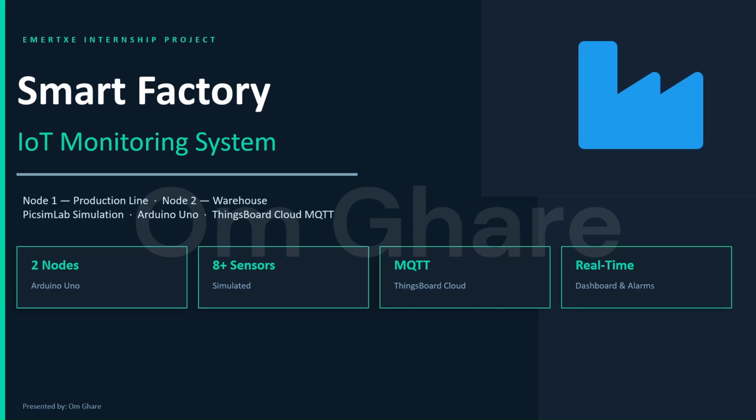Myself Om Bharev, and today I will be presenting my internship concluding project titled Smart Factory IoT Monitoring System. This project was developed during my internship at Emertxe, where the goal was not just to make a small Arduino based demo, but to understand how a real industrial IoT system is designed from device layer all the way